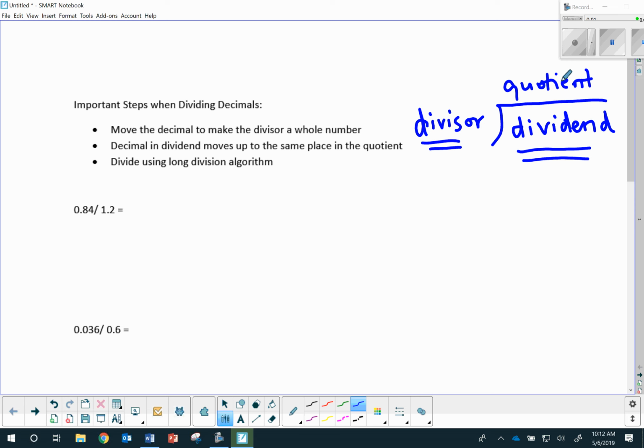So we have 0.84 divided by 1.2. I like to rewrite this with our house. 0.84 is my dividend. 1.2 is my divisor. Now, if you notice, I have one decimal place in my divisor, so I'm going to move that over to make it 12. I then am going to do the same thing in my dividend. So it turns into 8.4